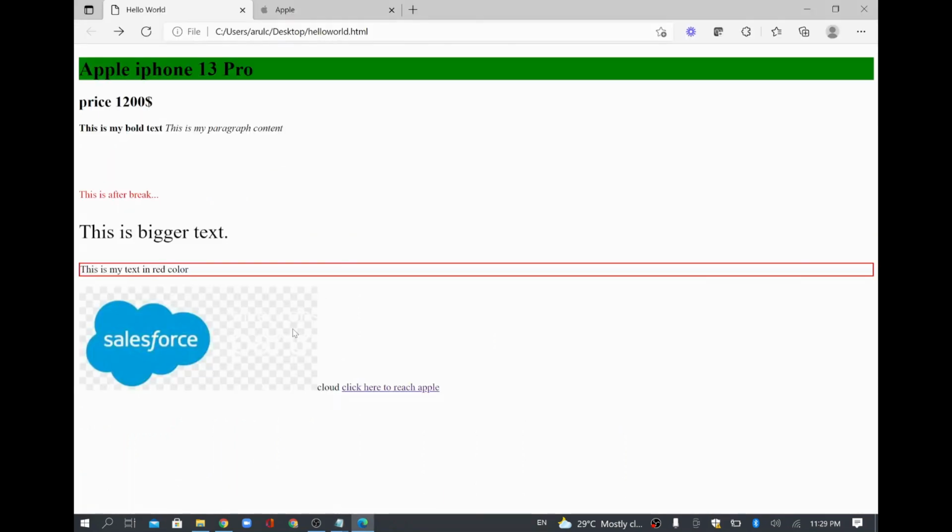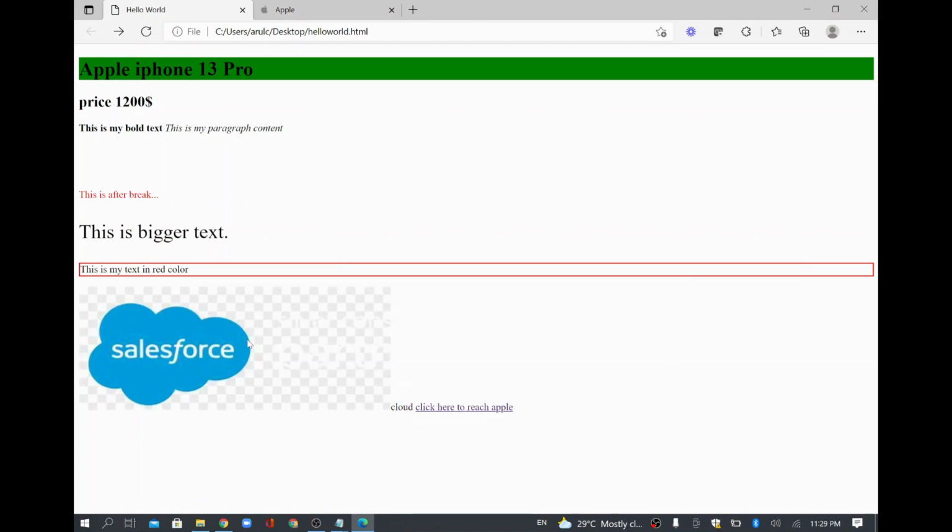You look at the image size, which is the actual image size. Now in the code, we have changed to a bigger size. I'm just going to do a Control R to refresh this page. It will show the bigger image now. See here, it got a little bigger, right? So this way you can adjust your image size as well.